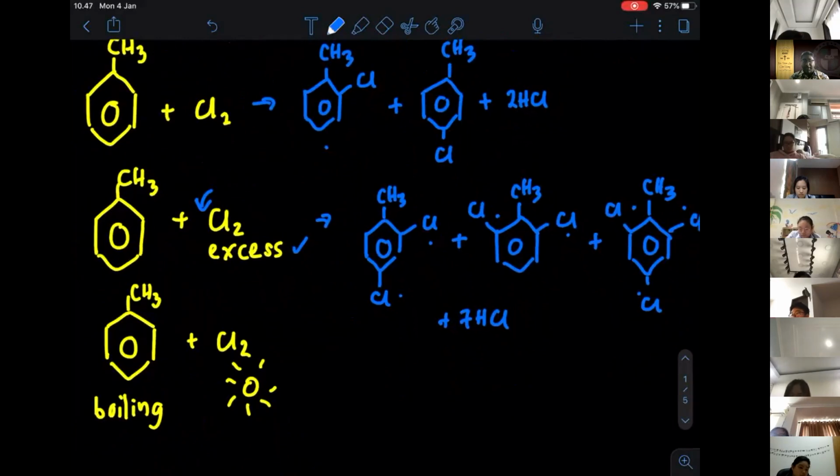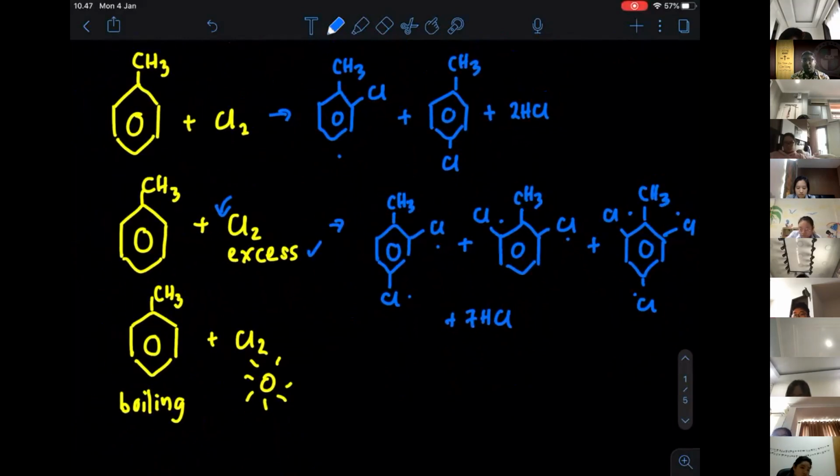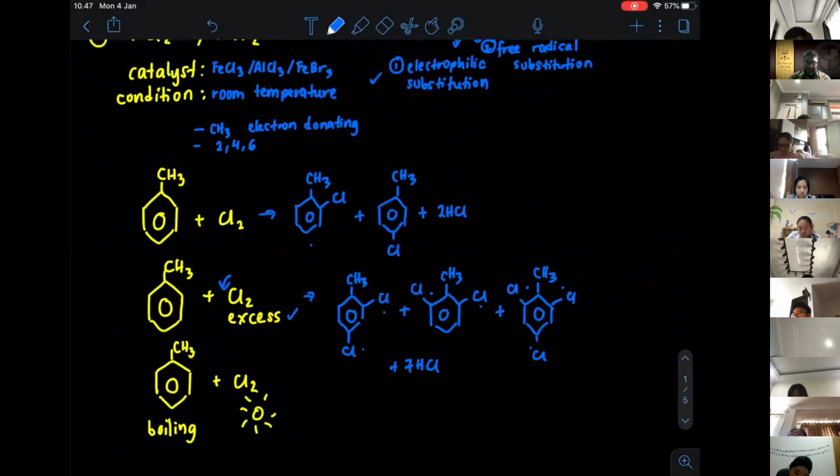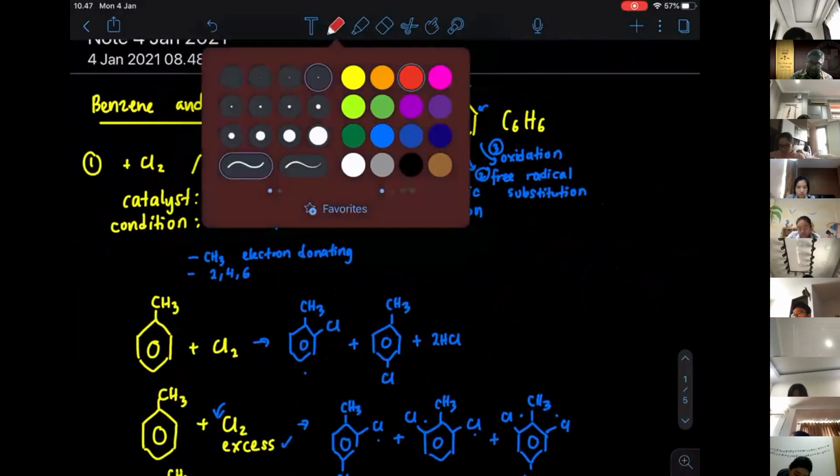Okay, combinations in the form of positions 2 and 4, positions 2 and 6, and positions 2, 4, 6. That is going to be the situation over here. Now, another situation that is going to happen